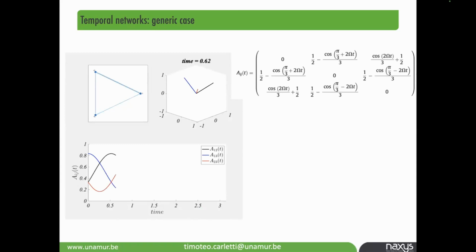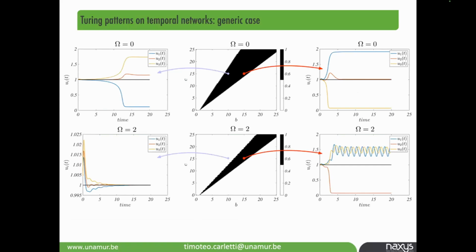If omega is 0, the network is static. If omega is not 0, the links evolve in time, which is one example of evolving links. One can prove in this case that for the static network it is easier to have Turing pattern. So let me explain. Here again, I use the Brusselator model that depends on 2 parameters. So this in the plane BC is the bifurcation domain. White, no pattern, black, pattern.